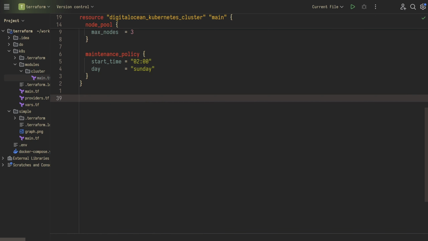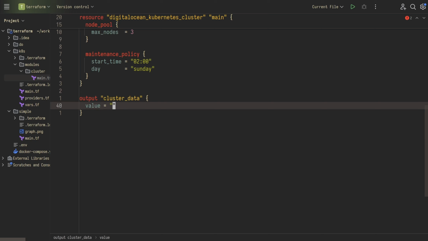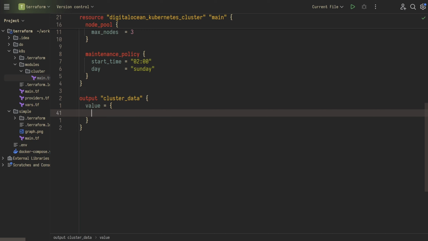So the last thing we're going to want to do here is set up some output variables, because we're going to want to be able to talk to the cluster. So we'll say output, and this is going to be cluster_data, and the value, we'll actually do something different here. So previously we were just using strings. We can do an output map, and we're going to call this first the host,